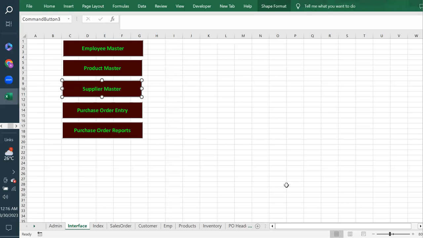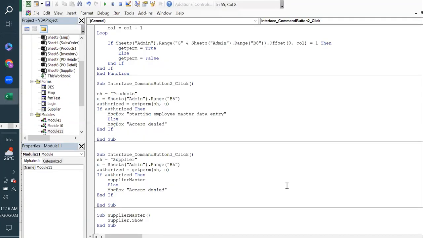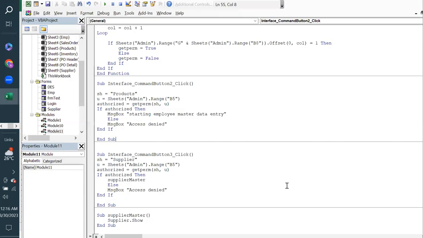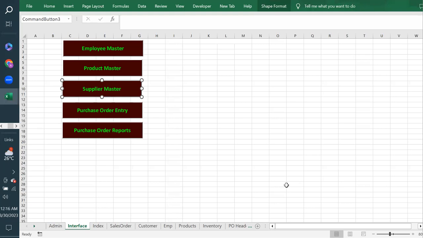Alt F11 is the toggle. It takes you in and out. So Alt F11, and I'm talking about the lessons which have been learned so far,